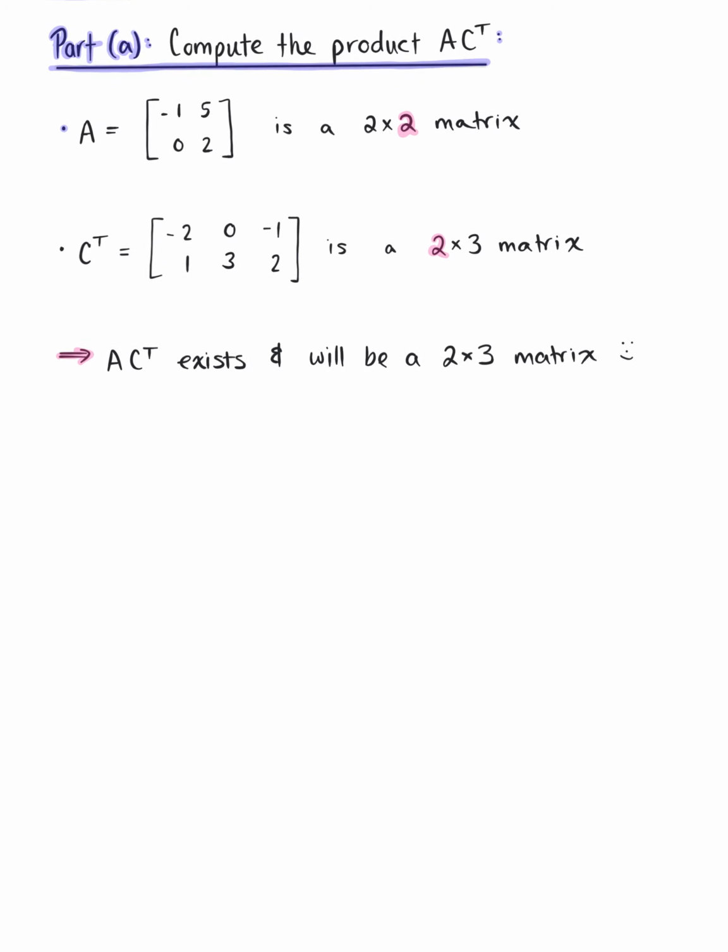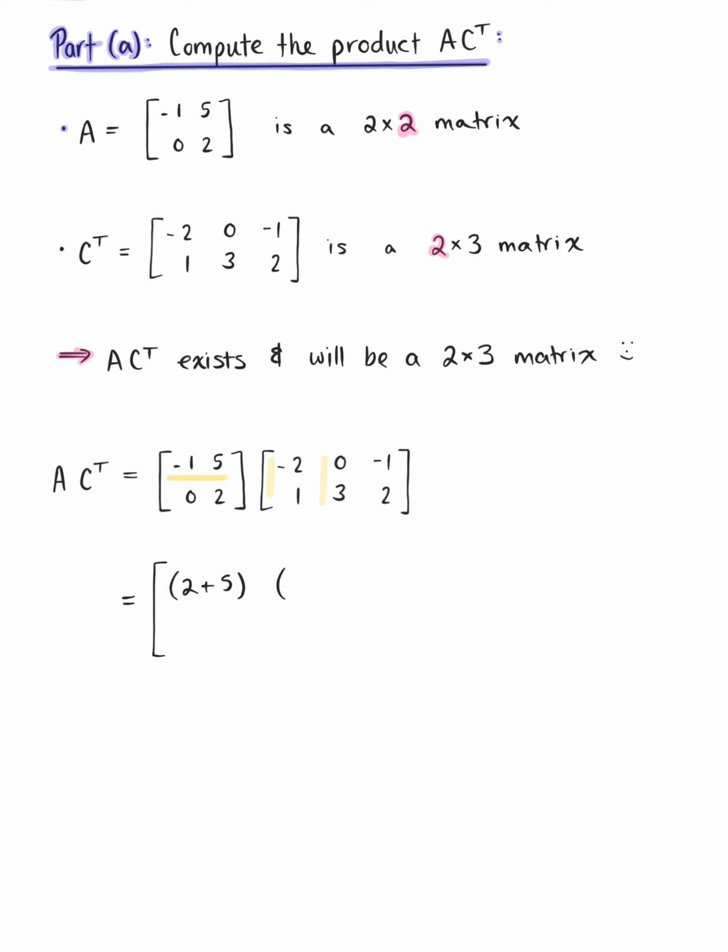So we have matrix A multiplied by the transpose of matrix C, and we're going to use the row-column rule of matrix multiplication to find this product. So here we go. We have the first row of A times the first column of C transpose, which gives us 2 plus 5. We have the first row of A times the second column of C transpose, which gives us 0 plus 15. And the first row of A times the third column of C transpose leaves us with